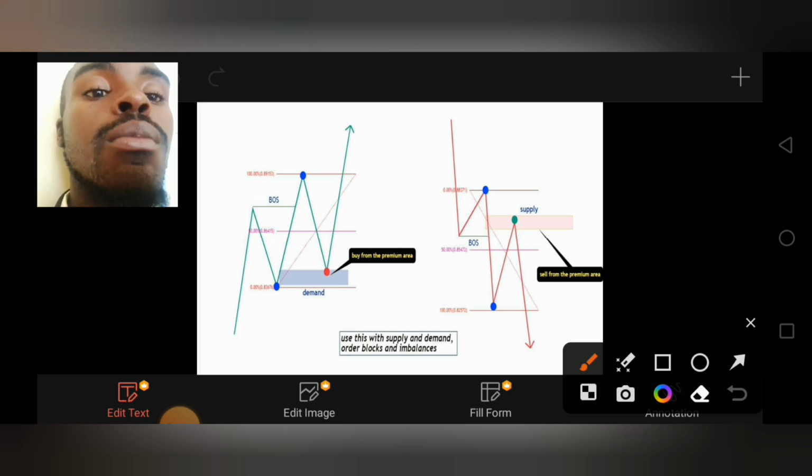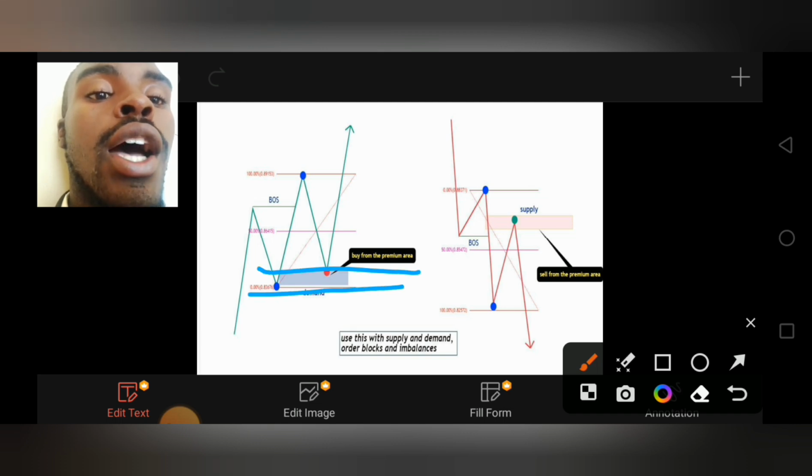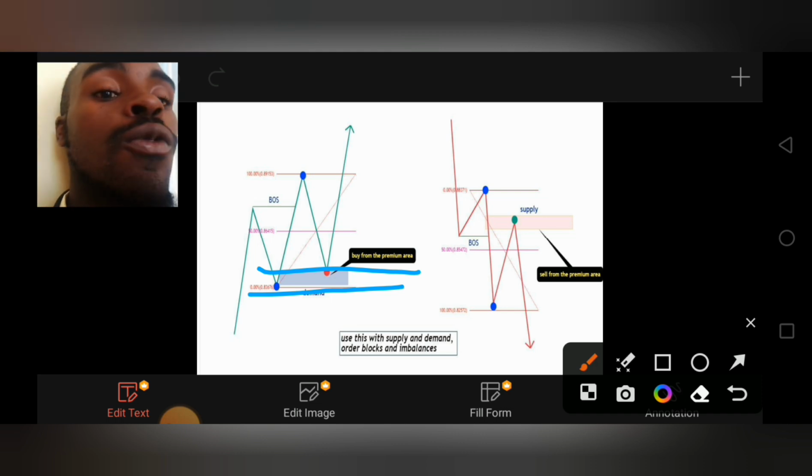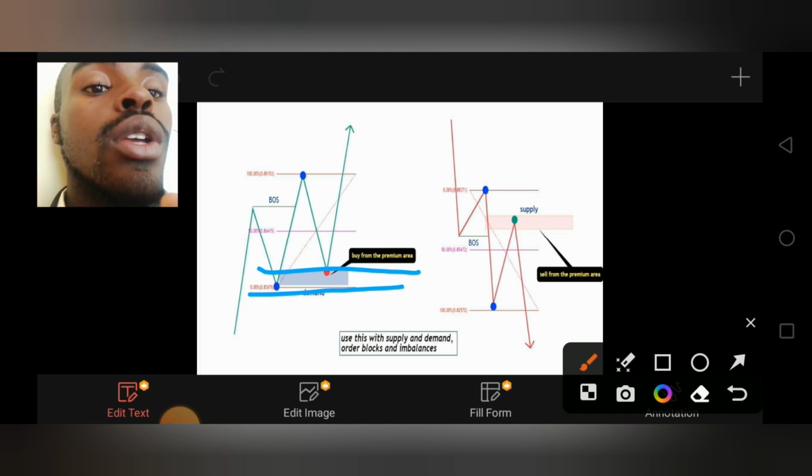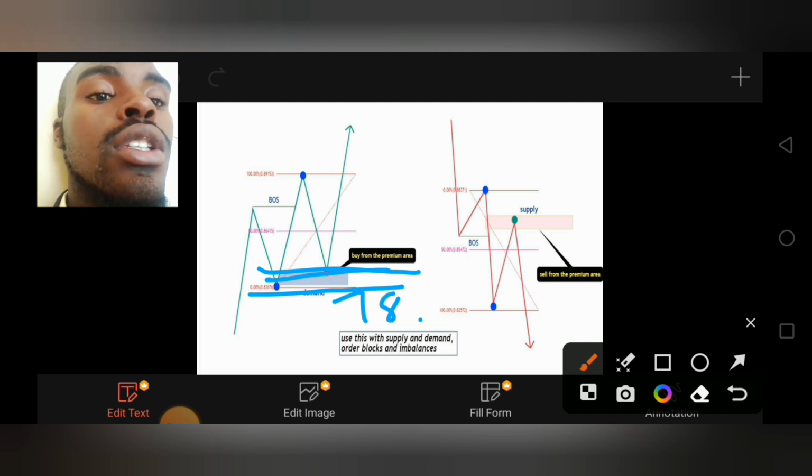So a premium area is like a valid order block. I have talked about the valid order block, so go and look. So if you bring your Fibonacci tool, this will be your 78, this will be 50. So these are the areas for you to enter the trade. So it means that